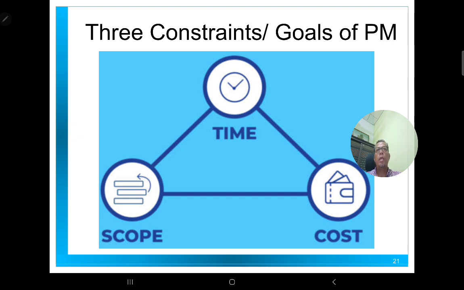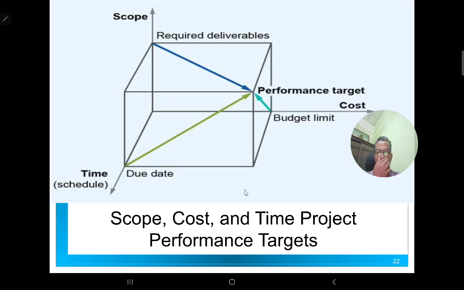You might have a long list of scope that needs to be implemented. So you need to find out whether the time or duration of the project is realistic to be implemented. And in terms of the money, the cost, you need to really make a proper prediction or estimation of the total cost of the project. So these are the three main constraints of any project that will be implemented.